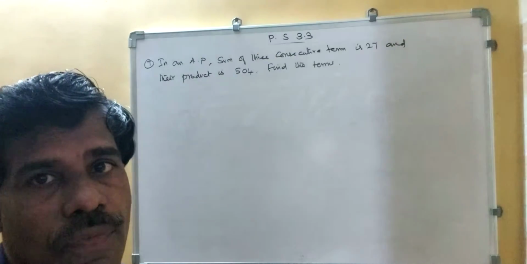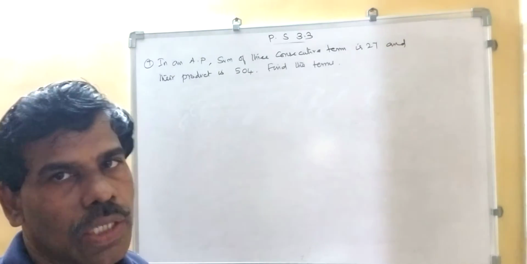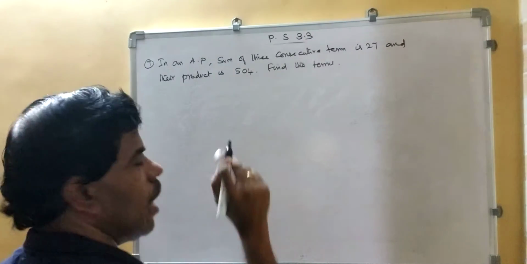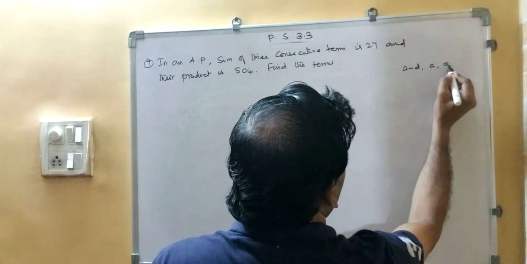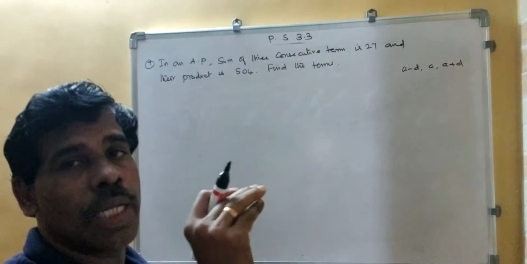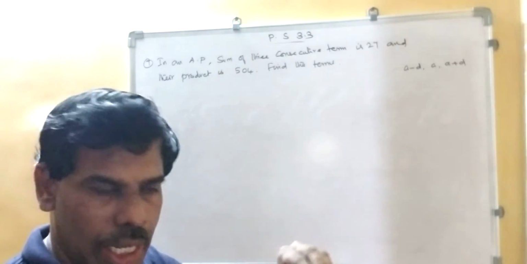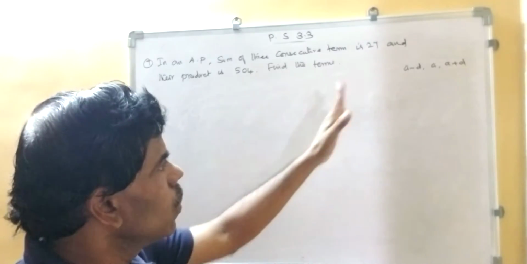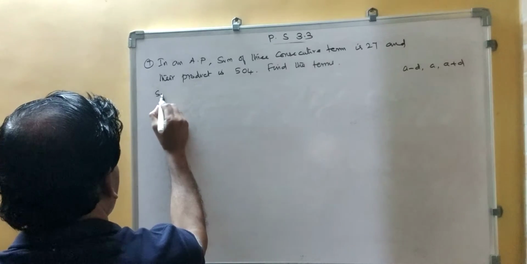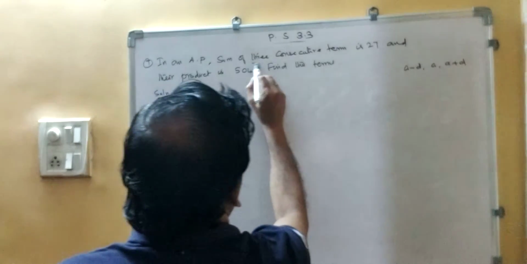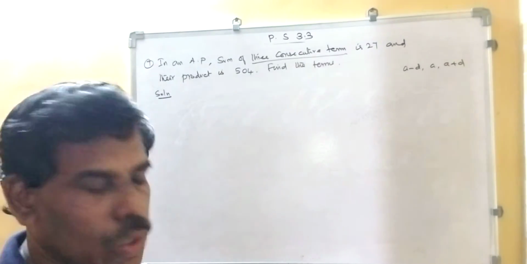Now listen very carefully. Suppose they have not given it like this, then if you are having 3 terms, you take them as A minus D, A, A plus D. Okay, you can take A, A plus D, A plus 2D also, but when simplifying you will get a little lengthy step otherwise. So you can use this for convenience. Now let us see, the 3 consecutive terms we do not know, so we have to assume those 3 consecutive terms.